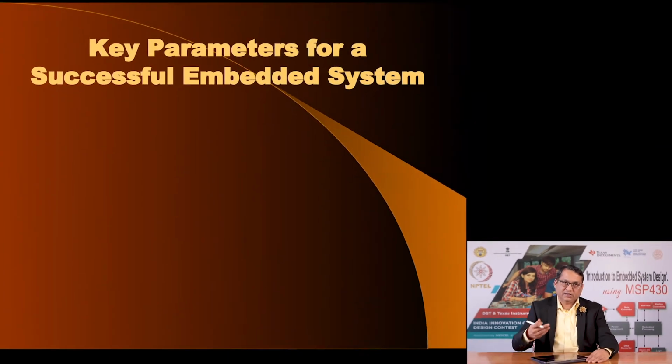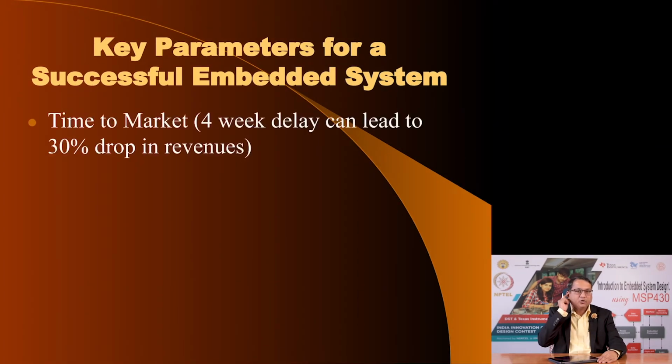Now, we have seen the ways we can implement the embedded computer, but we want to look at what are the parameters by which we approach design of an embedded system, and it turns out as a commercial implementation that there are two metrics which we must keep in mind when we endeavor design. The first one is called time to market, meaning that once you decide that you want to create a certain product, you must complete the design task, the fabrication task, and launch your product quickly into the market.